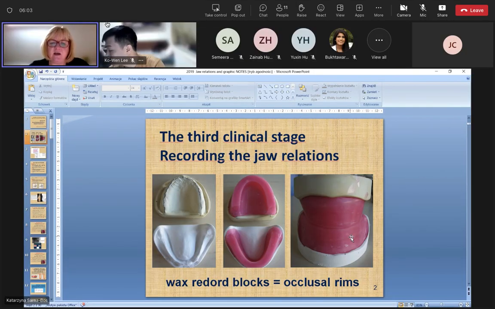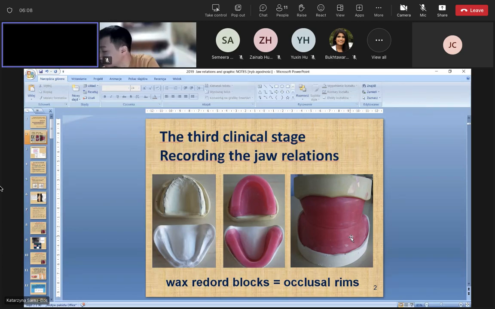This is the third clinical stage during the fabrication of the complete dentures. So now I will try to explain how to determine the relationship between the jaws, in other words, the position of the mandible relative to the maxilla. As you see, this is the third clinical stage after examination of the patient and taking the primary and master or final impressions. This stage is called recording jaw relations, and the doctor receives the wax record blocks,